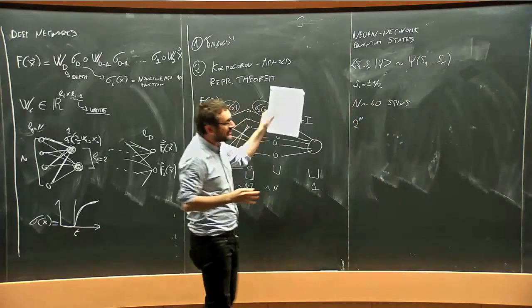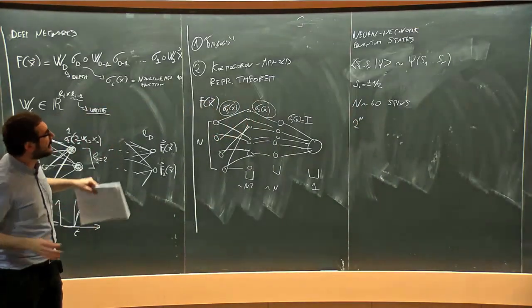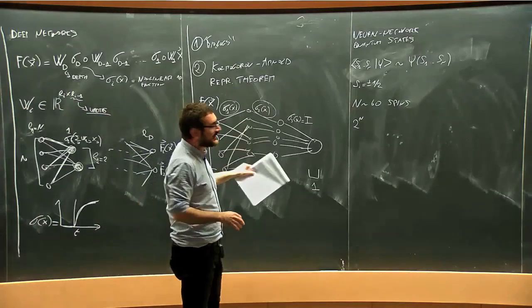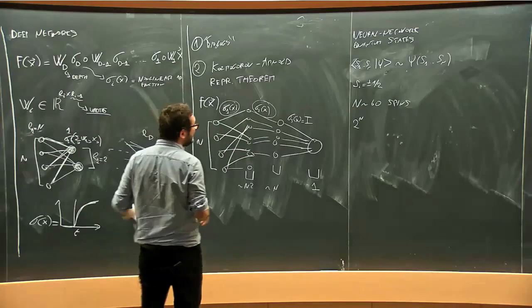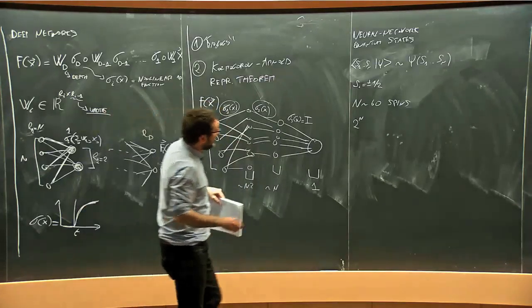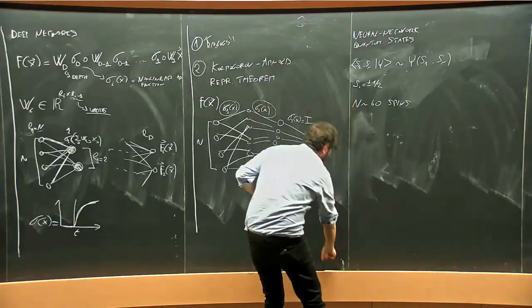So there is no way you can solve exactly, let's say, Schrödinger's equation for more than 40 spins. There is no way you can solve for dynamics. We have to do some approximations. And that's where these powerful techniques can help us. Okay? So how can they help us? How can we somehow be helped by machine learning?